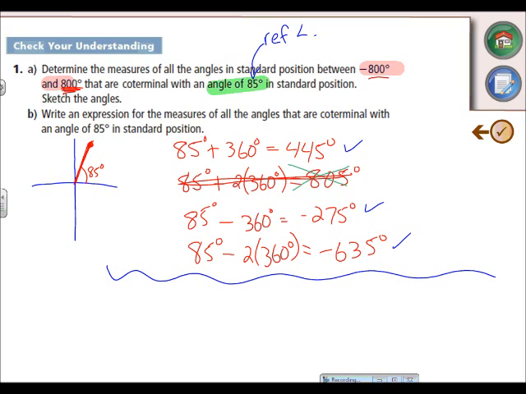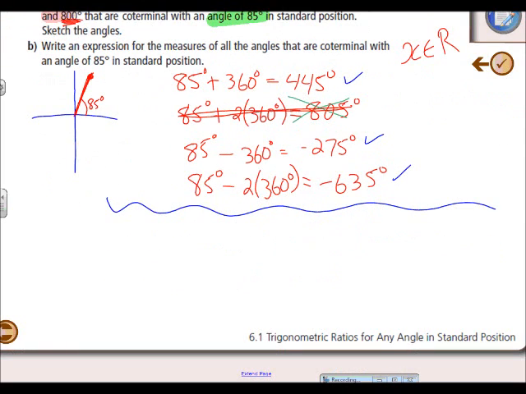Next part. Write an expression for the measures of all angles. And really what we're talking about there is kind of an x ∈ R. All the real numbers, if that's our domain, that are coterminal with 85 degrees. Well, we've got a cookie cutter here. Reference angle, which is our 85 degrees in this case, plus